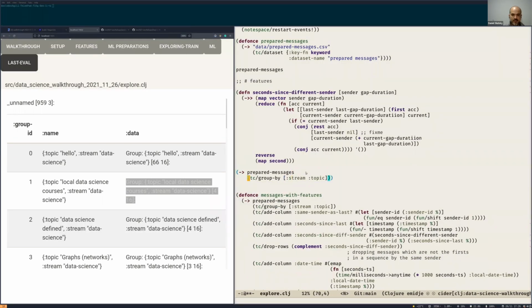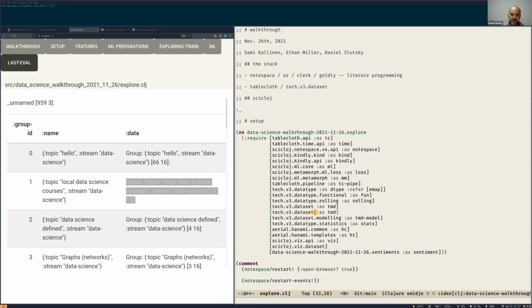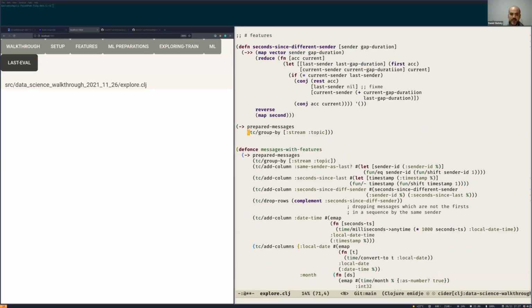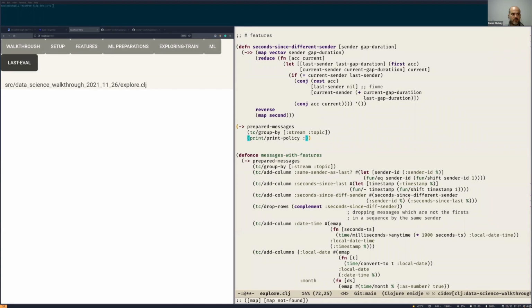If we wish to understand a little more, then maybe since we mentioned it, let's mention that. We mentioned the quick data set here, and let us require another namespace that will help us see a little more. It is a namespace of this TechML dataset library, which is indeed the infrastructure behind tablecloth. And there is this nice printing namespace there. If we use that namespace, we can change how tables are printed. So we can say, for example,